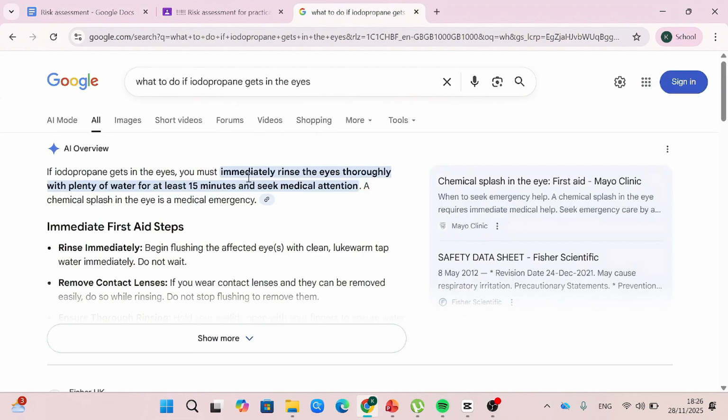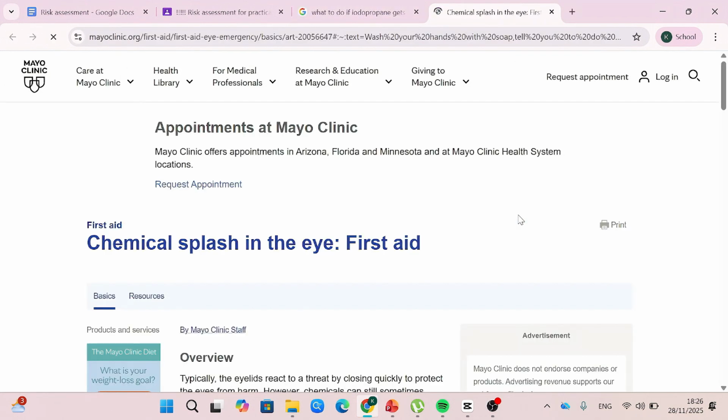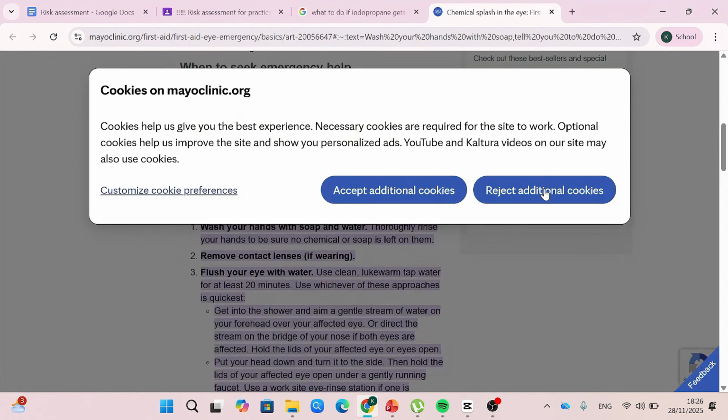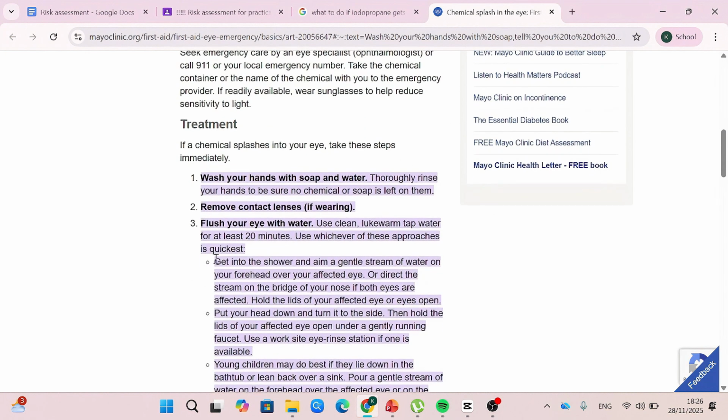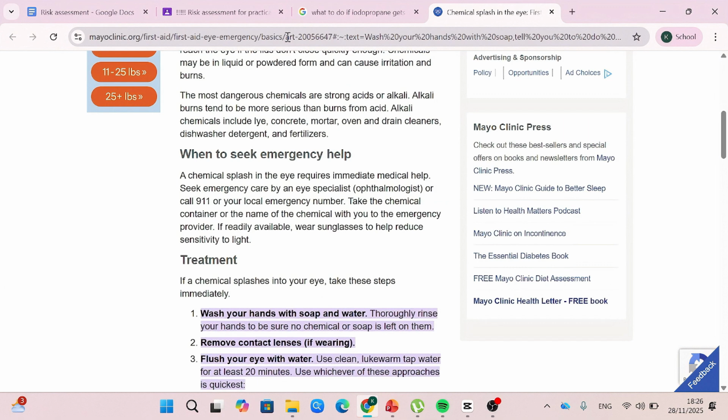The information used here must be coming from a link. So you click on the link that it came from, you open the link, you check that the information is actually there and you're not being deceived by AI. And then you need to reference this link. In order to reference, you can click here,